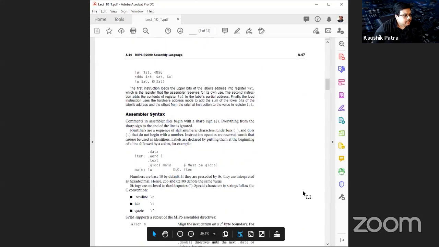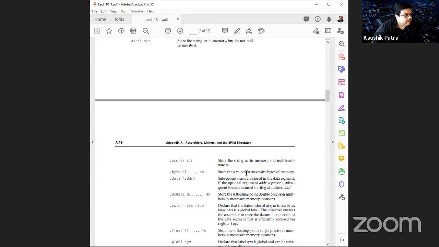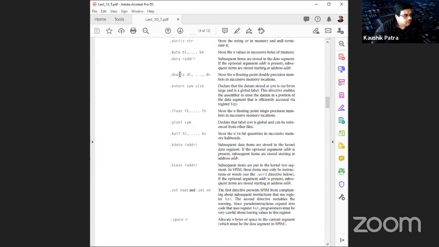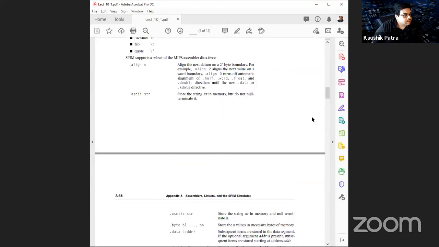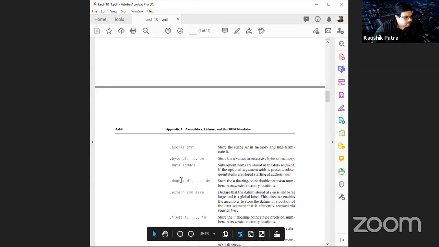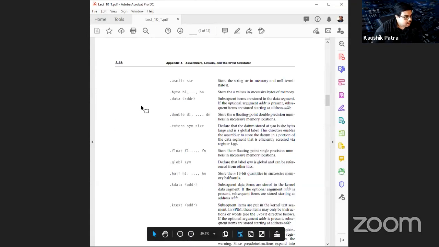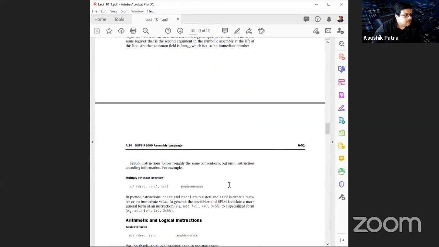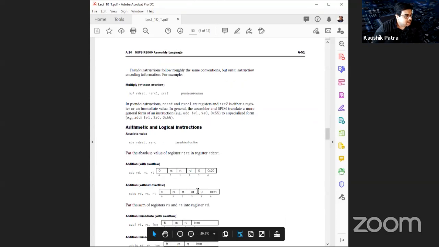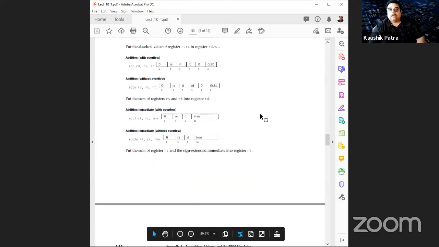And then there are all these directives that we'll review, especially the ones we'll be using most in the class: you'll see .ascii, .byte, .data, extern sometimes, double, float, global, etc. So basically, you need to review these pages and all the instructions. You need to get familiar with yourself from